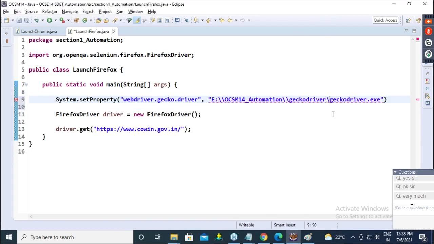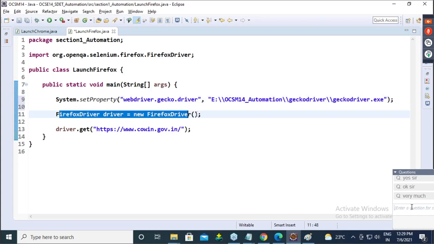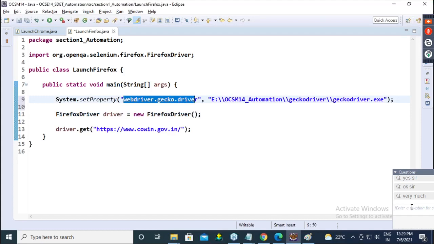See, guys, many are waiting, I'll answer. You guys are asking whether every time we have to get the key like this. Guys, this is a one-time setup. Now you came to know what is the key for Firefox and what is the key for Chrome. This key will never change. I am just showing you the standard approach. Otherwise, you can remember it also, no problem. Okay. So now, guys, save this.